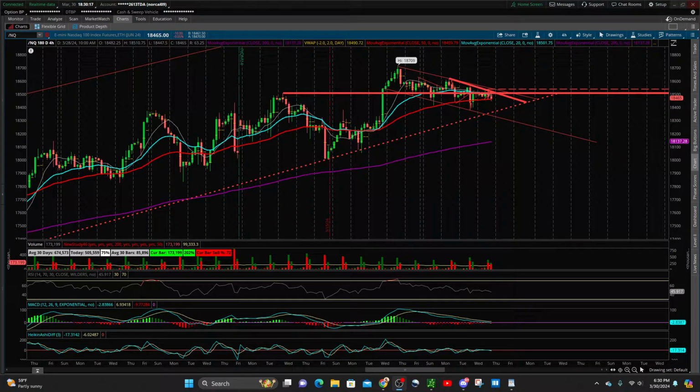Today, we're going to be diving into some technical analysis, specifically focusing on identifying support and resistance zones of the NASDAQ futures. So, as you can see, I have this chart pulled up. This is the 4-hour chart, and I have drawn out a couple lines here. So, going back